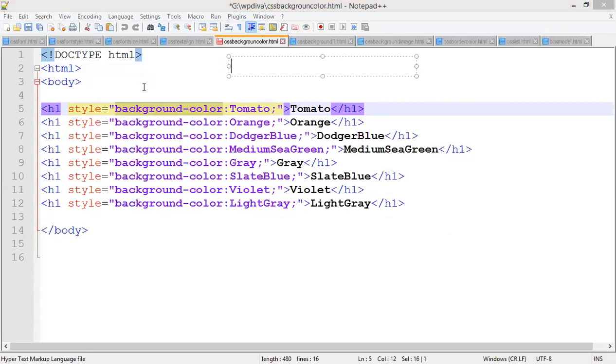Simply you have to take a background, that is BACK, okay? Just spell it with its spelling, that is BACKGROUND, background. Okay, so what you want to do with the background, whether you want to set an image or whether you want to set a color. So if you want to set a color, you have to give -COLOR. The spelling of the color you have to make clear, right? If you want to set an image, you can go for what? Image. Okay, we will see image also. So let us see the background color property.